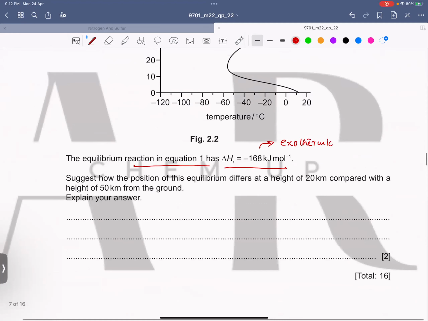Let me write the equation over here. It is SO2 reacting with NO2 in a reversible reaction forming